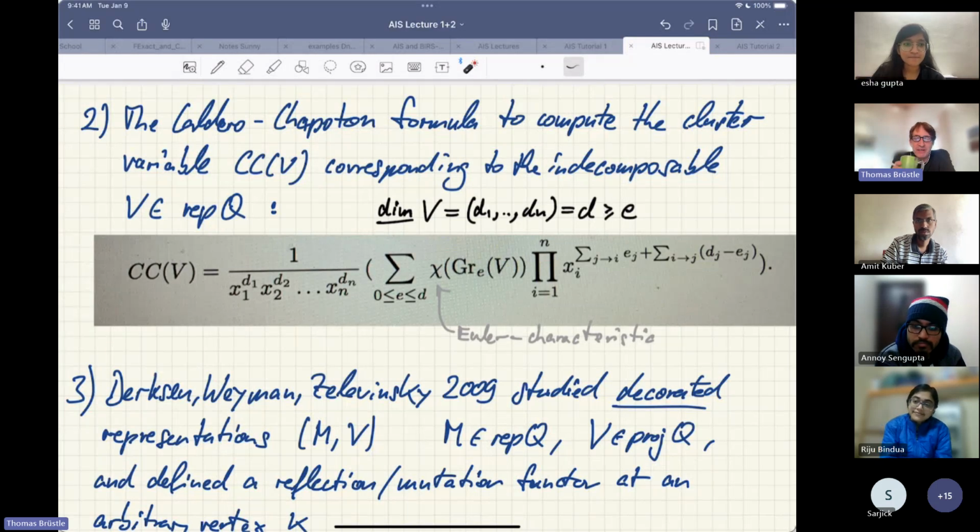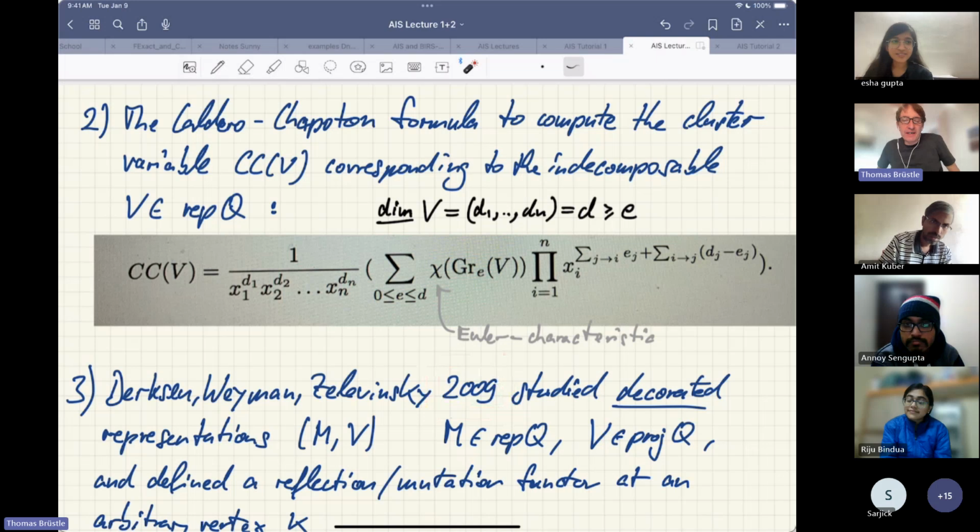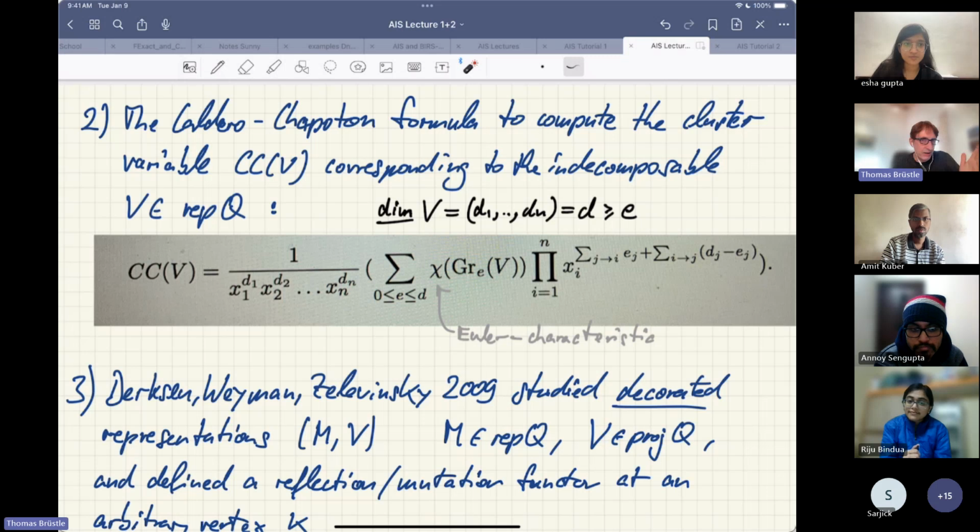When was tau tilting theory done? 2012, I think, like the paper by Adachi, Iyama and Reiten. So this was three years earlier. But it's kind of natural if you look at the cluster category that you consider pairs, a representation and some projectives. That makes sense. So they considered this one,